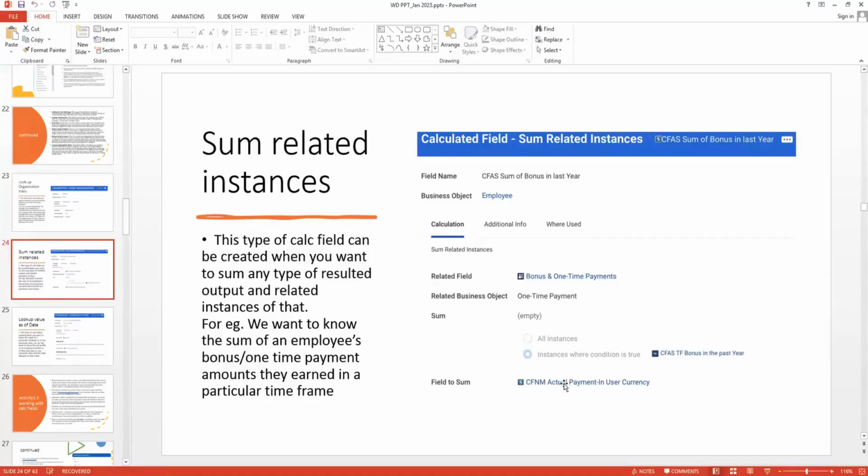And then this will finally be your field to sum. What field do you want to sum? You want to sum the amount field, or maybe there are some other fields that you want to sum, so this will be your field. That will be summing up, so this will give you the related